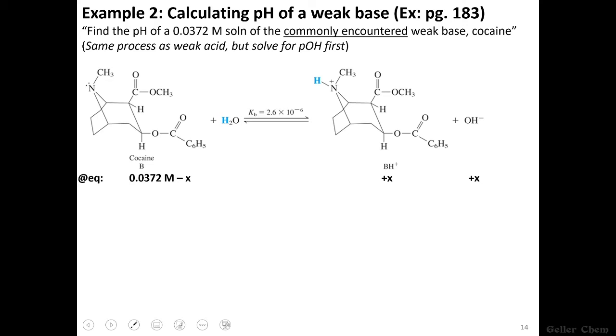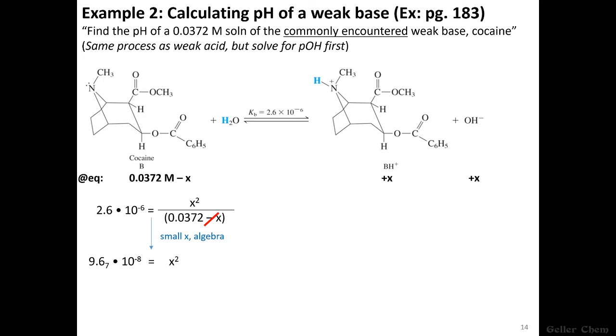And like what we saw before, we have some initial concentration. We know at equilibrium it will go down by some number x, and the conjugate acid and hydroxide will go up by that same value. And so from here, we just do the same thing as we did for a weak acid. We set up a K expression, and we get the value of Kb from the problem itself. Then we're going to use small x,